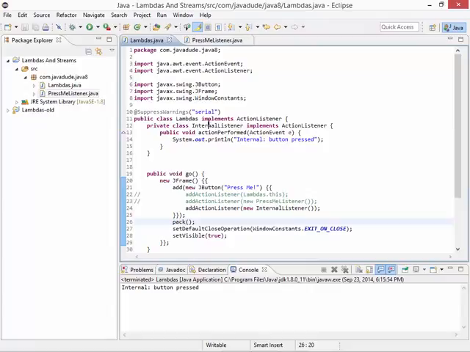Well, you still have a little bit of namespace pollution here. I had to come up with this new name, internal listener, to define what to do for this button. And I'm only ever using it in one spot, so does it really need a name other than being able to reference it in that one spot? So this is where they came up with the idea of an anonymous inner class, which is a really crazy, incredibly ugly structure. But it basically says, you know, I really don't care about what I call this, I just want to do